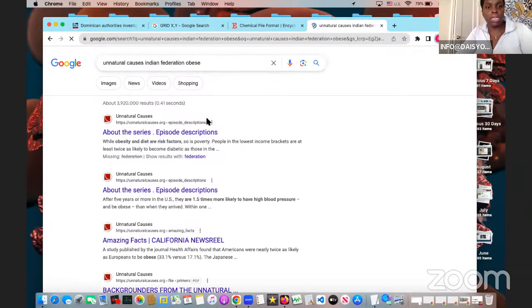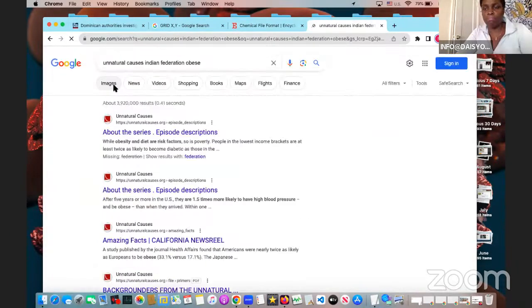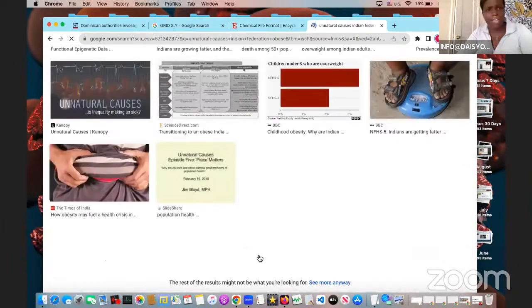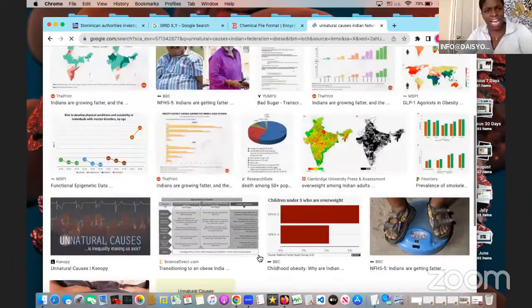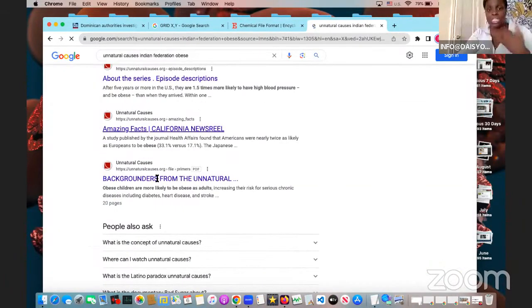And then this is really natural causes, right? Where there was a specific highlight of a community. They were Native American, and they were very obese because just one generation lost access to water, and then they lost their ability to control their diet. So they all blew up, and they look like caricatures. That's the thing. It's strange because we know that this is because of the food. It was unnatural causes.